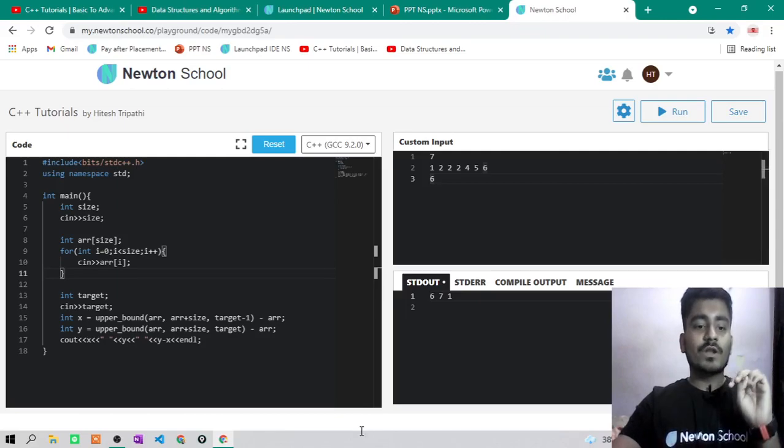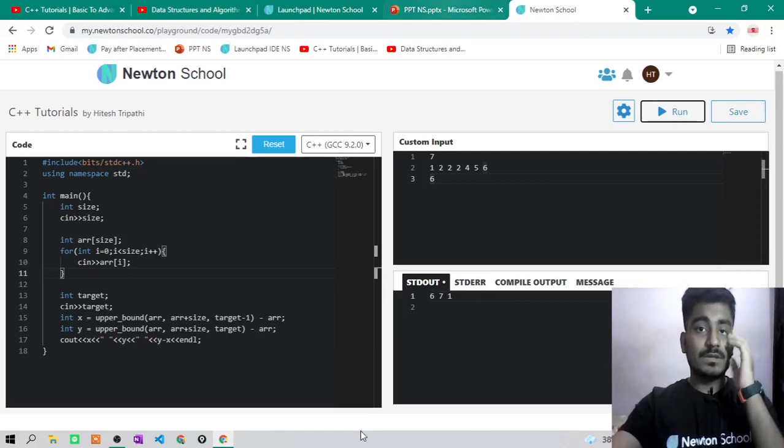So I can find the frequency of target as y minus x. If I run this code again, the leftmost occurrence of 6, my target, is 6, and the rightmost occurrence is 7. The 7th index is not in the array right now, and the frequency is 1 because 6 is occurring only one time in my array.